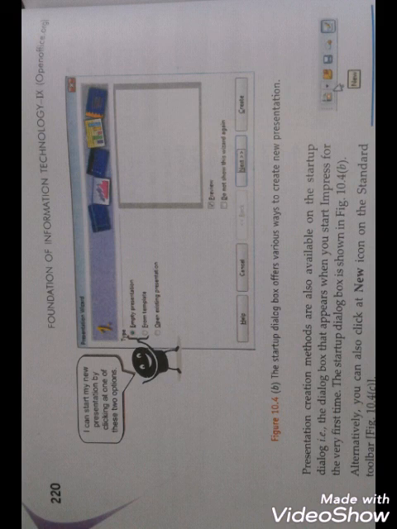The second method is creating the presentation from design templates. OpenOffice Impress provides you these options to create the presentation from a design template.